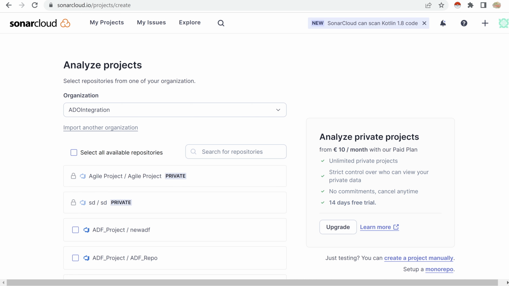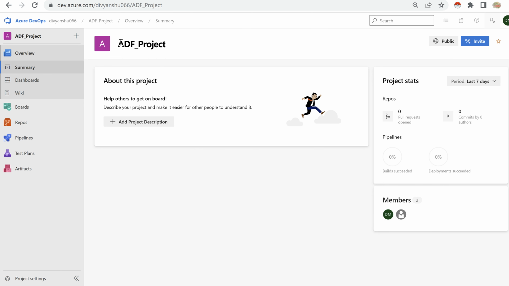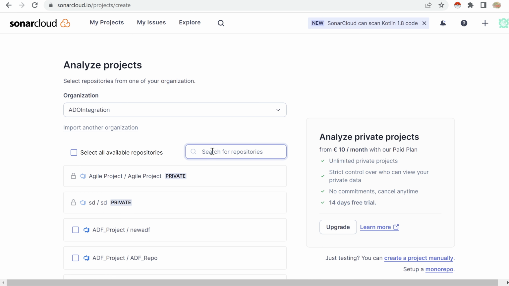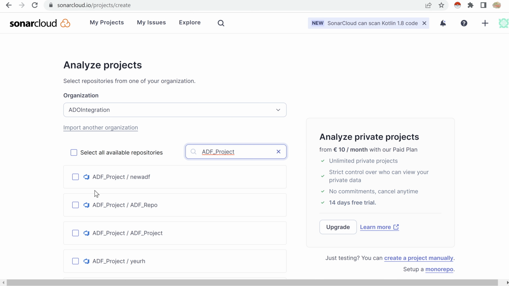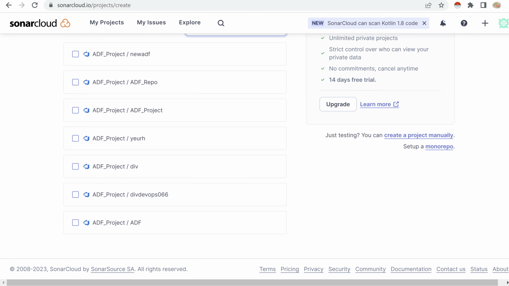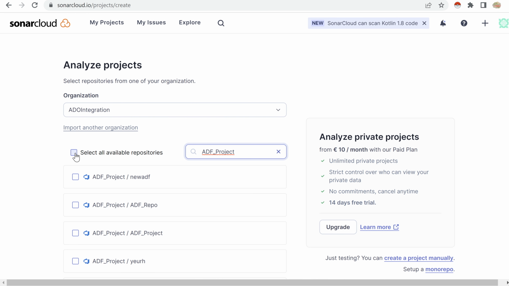Now to analyze a project, we will select the project which we are using. You remember we were using the ADF project. So this is the project name. I'll just copy this and paste it here. This is the project, so it popped up here. Why I'm afraid of selecting this is because